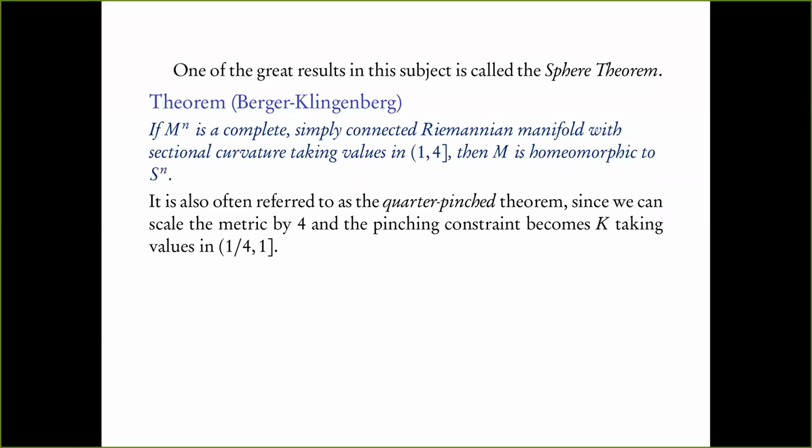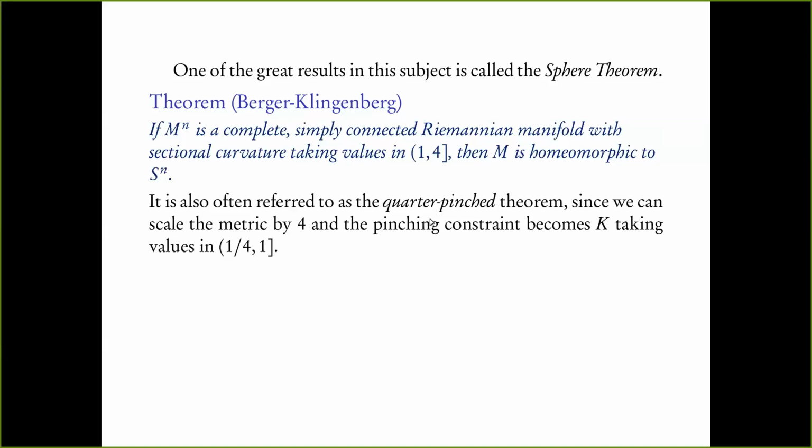So you're just saying that if the sectional curvature was constant 1, then we already know from the Hadamard-Cartan theorem or one of these constant curvature theorems that M is diffeomorphic to Sn if K was identically 1. So now you're saying that it's not necessarily 1, but it can have some freedom of going all the way down to 1/4, but not equal to 1/4. So that's why the quarter pinching. But as long as it ranges in that interval, 1/4 to 1, it is still homeomorphic to Sn. Okay? So hence the quarter pinch theorem.